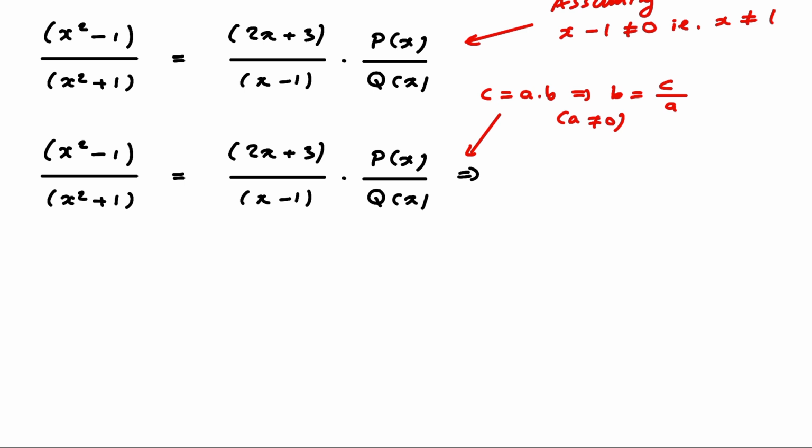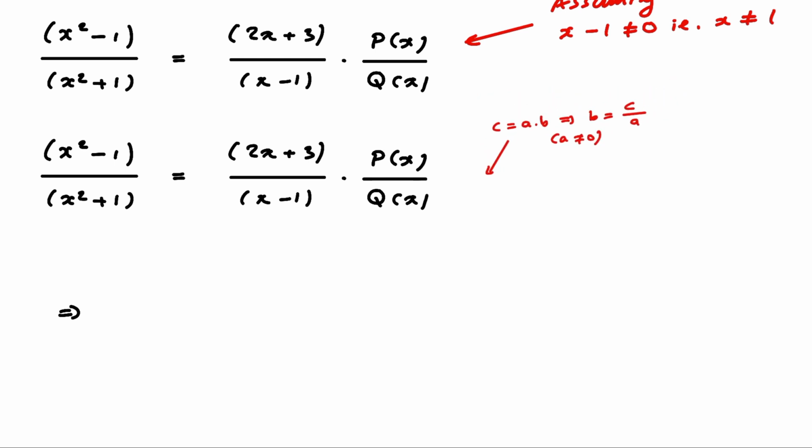Why am I saying that? Well, let's do this. I'm going to put that there kind of small so it doesn't interfere too much. So this would imply that p(x) over q(x)